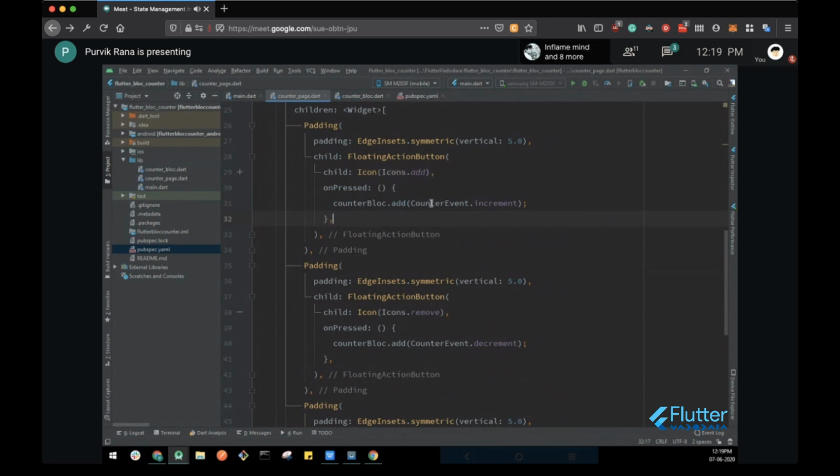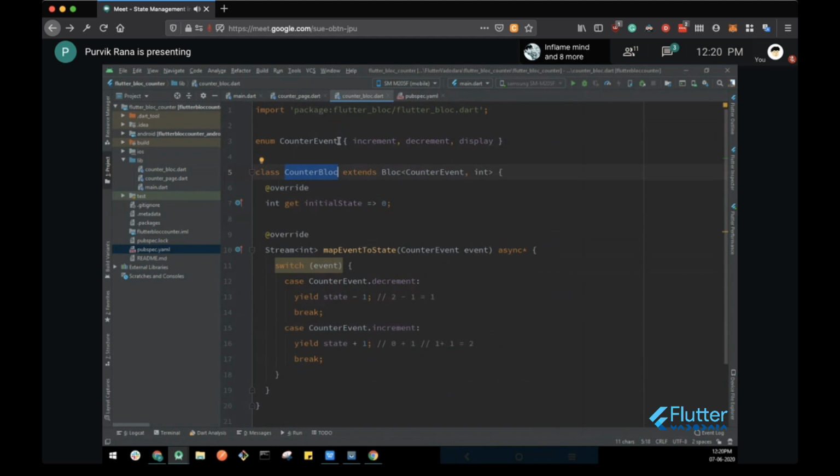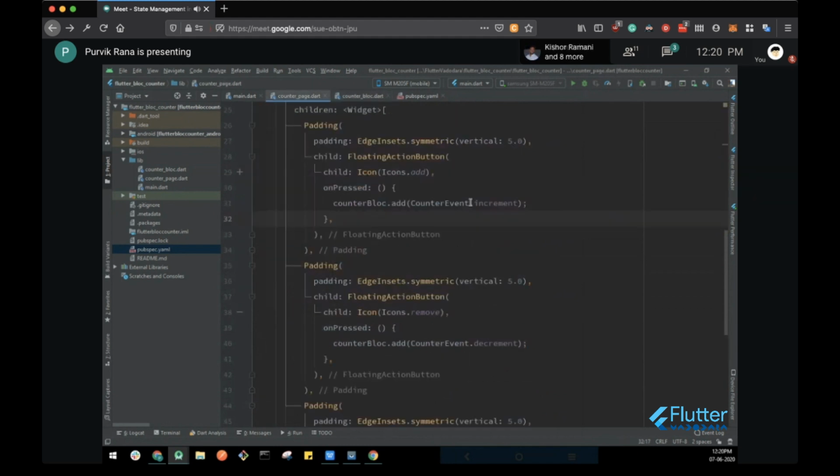We have the enums for the event, so we can directly pass CounterEvent dot increment. That is the event that we have, and now the block will check for it. Whenever the user clicks on this button onPressed, this event will get added inside the block.